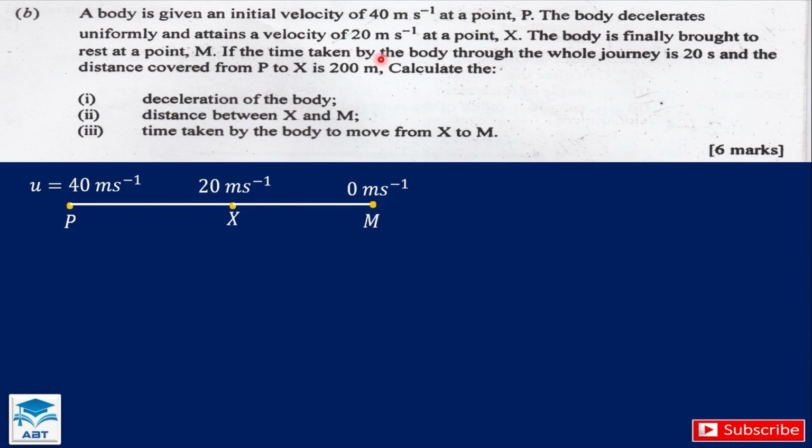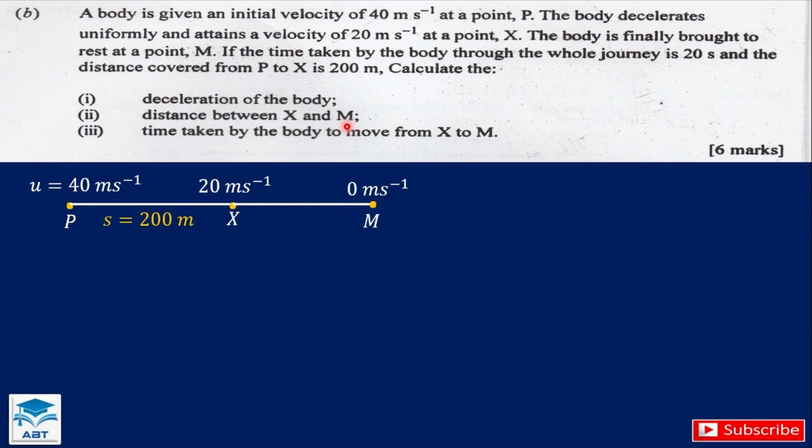Now, if the time taken by the body through the whole journey is 20 seconds, and the distance covered from P to X is 200 meters, so the distance from P to X is 200 meters, we are to calculate I part of the question,